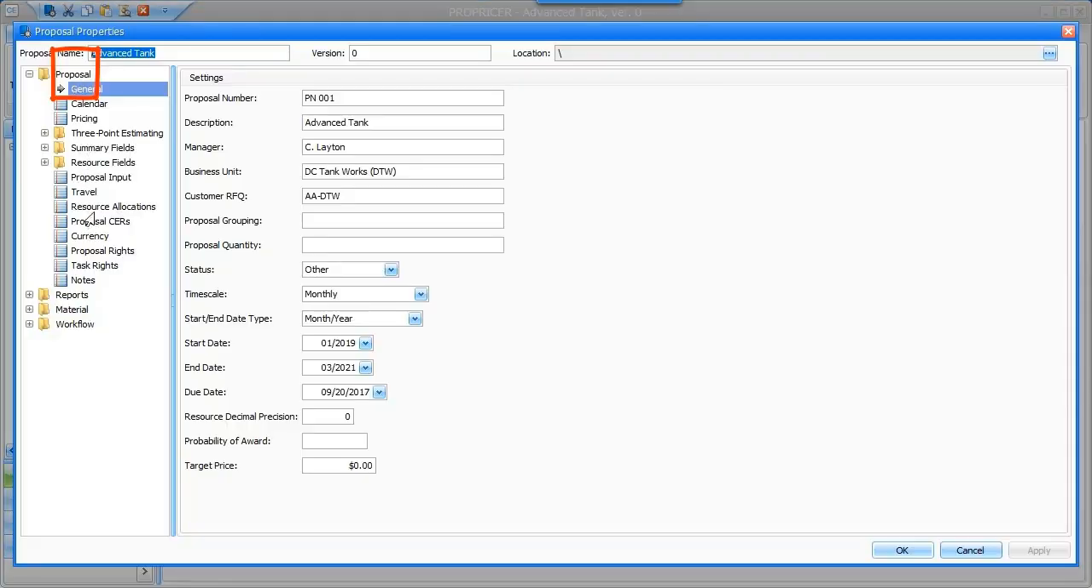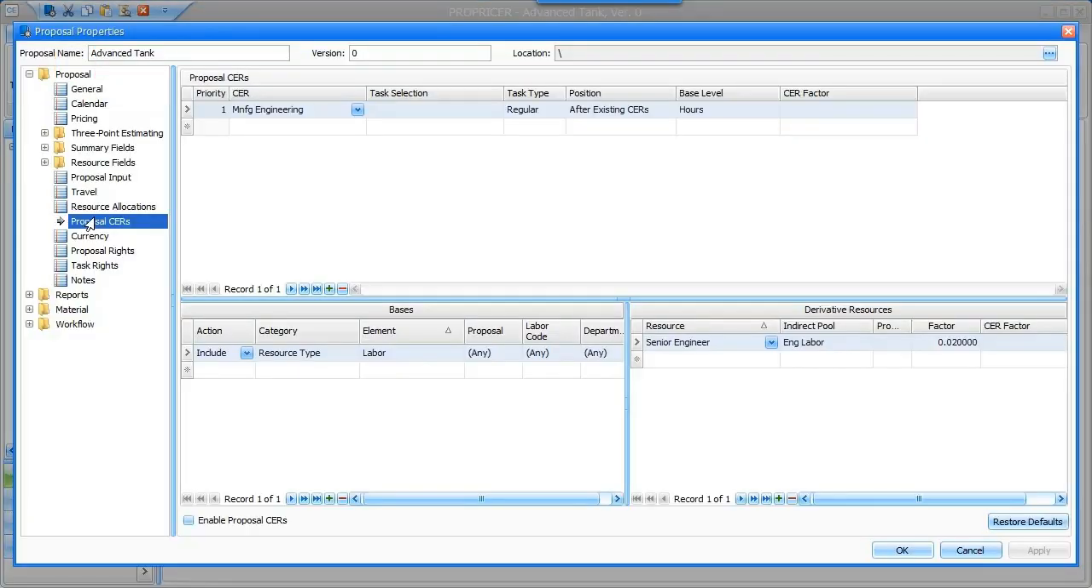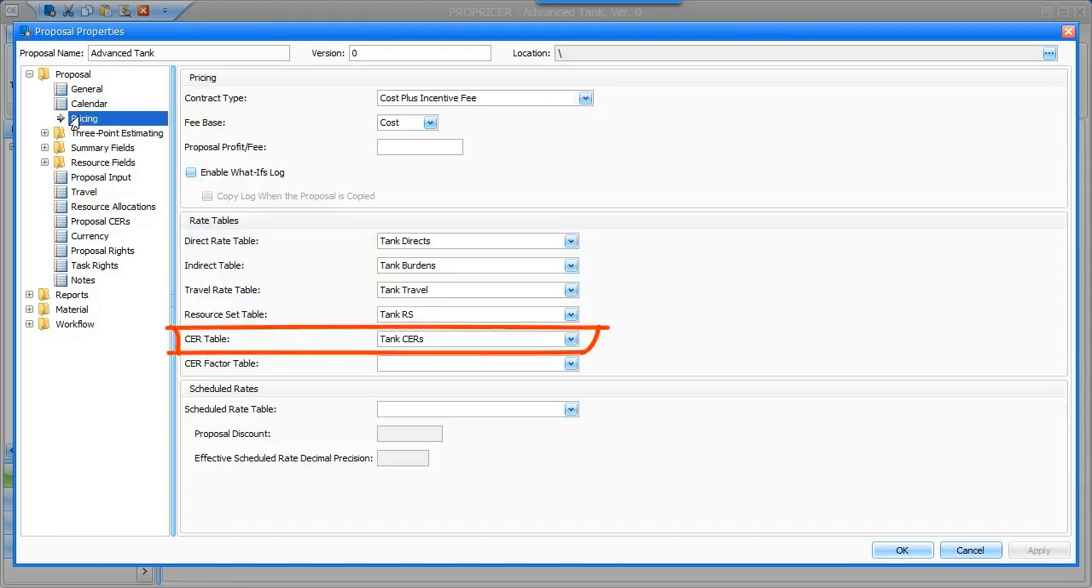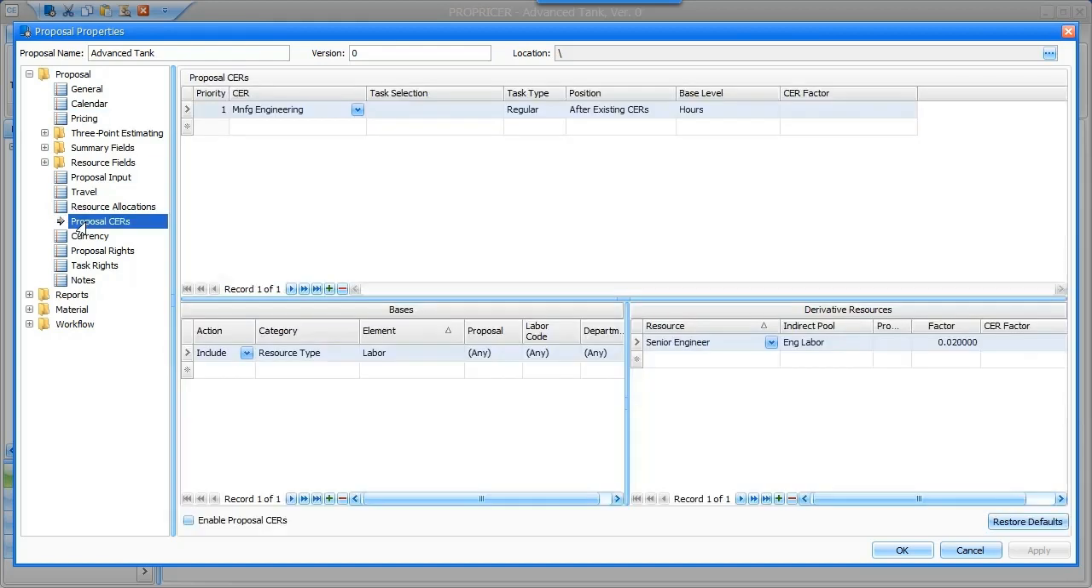In these grids, the CERs, base resources, and derivative resources are selected. Before the CERs on this page go into effect, though, the Enable Proposal CERs checkbox must be selected. Okay, but before I do this, it's worth pointing out that I've already defined a CER and assigned its CER table to the proposal. Now, going back to the Proposal CERs page, you can see we have attached the Manufacturing Engineering CER to this